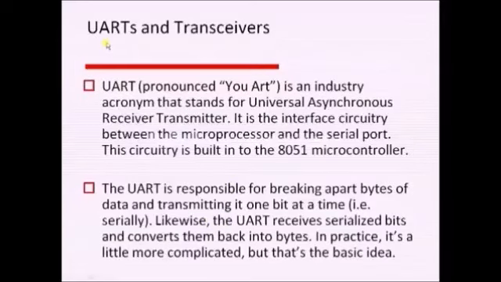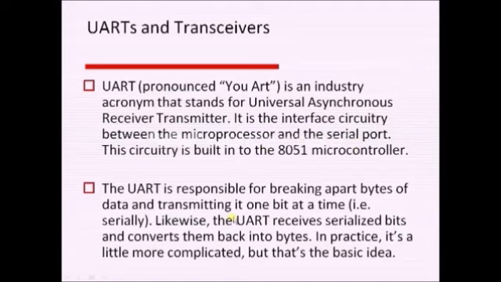As I just said, UART is the peripheral used inside the controller for providing asynchronous communication. Why? Because the name itself says Universal Asynchronous Receiver Transmitter, so it provides only asynchronous communication, and it acts as an interface between the processor and the serial port.